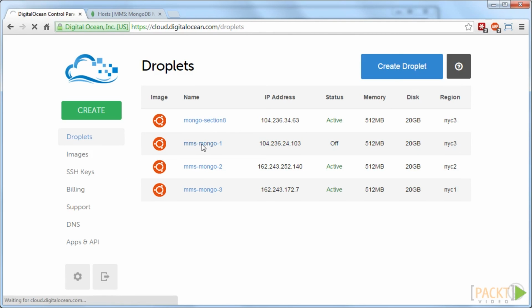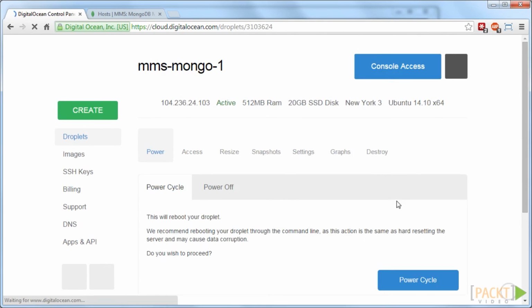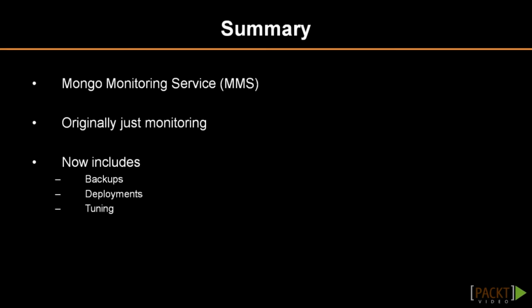If the server is then powered back on, it will be automatically reintegrated into the replica set. Here it can be seen that MMS Mongo 1 has not only been reincorporated, but assigned secondary in the replica set. In this video, the setup and basic use of MMS was demonstrated, which included deploying a 3-node replica set